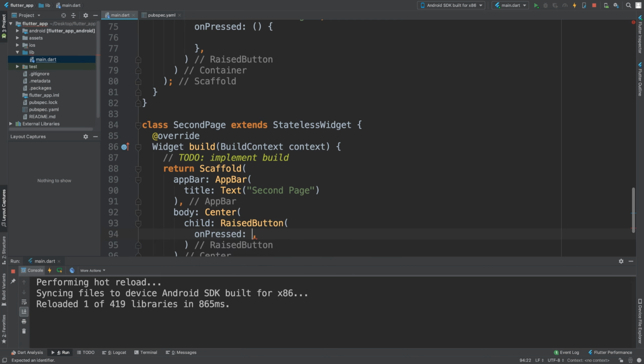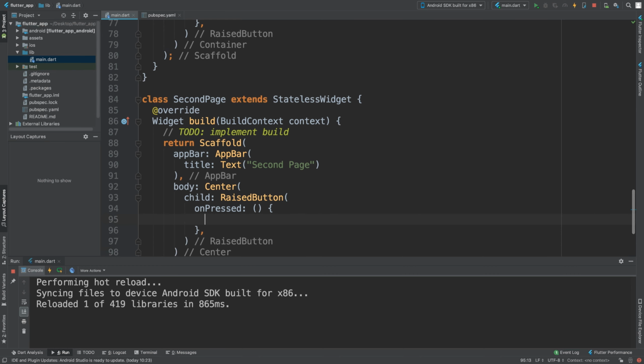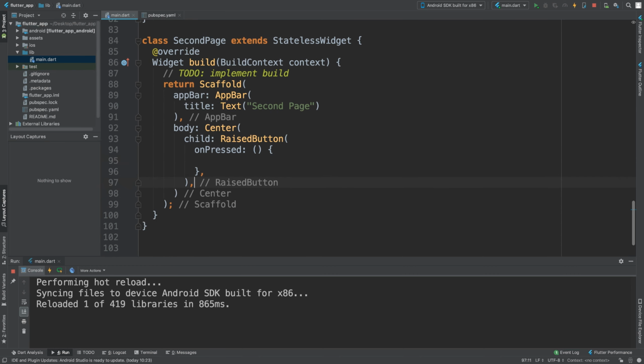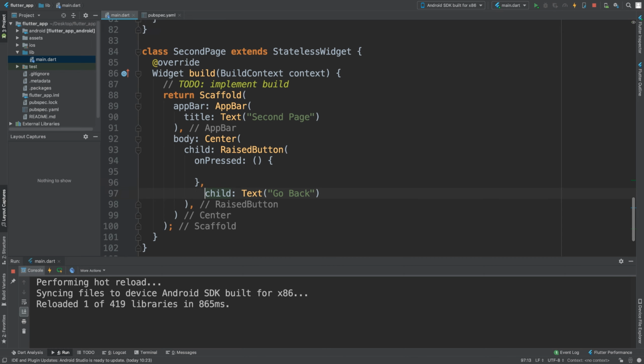So onPressed. So this is where we'll navigate back to the first page. Before I do that, I want to show you something. So let me just put a child here, and this is going to say Go Back. Oopsie daisy, this needs to be inside the raised button. The indentations can always get a bit messed up in here, if I'm being honest. There we go. So if I save that,